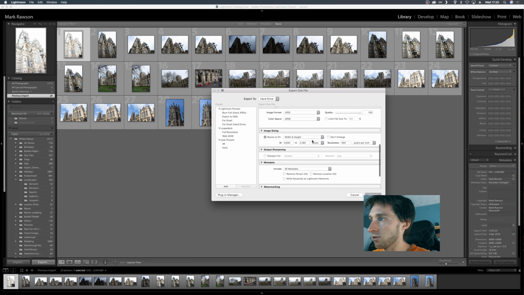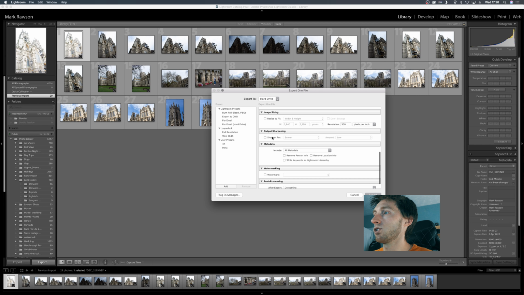Image sizing, so this is where you can choose how big you want your file to be in pixels or inches or centimeters. We don't want to resize it because that could create it looking stretched if every image is the same width. That's where I have a 4K one where I have that set to that resolution, pixels, width and height, but obviously I only export images using that 4K setting that I know will actually look okay. This image wouldn't, as it'd stretch it massively, and it'd just look stupid. But anyway,